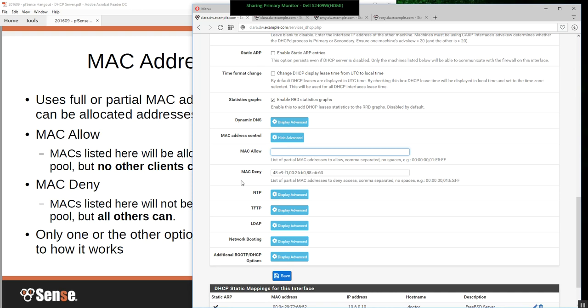So if you have deny filled in, allowing everybody else is implied, so you don't need allow. You'd never want both, because if you have allow, there's an implied deny of everybody else. So you really don't want to have both. What this allows you to do is control who gets addresses from where. So when we have these additional pools,